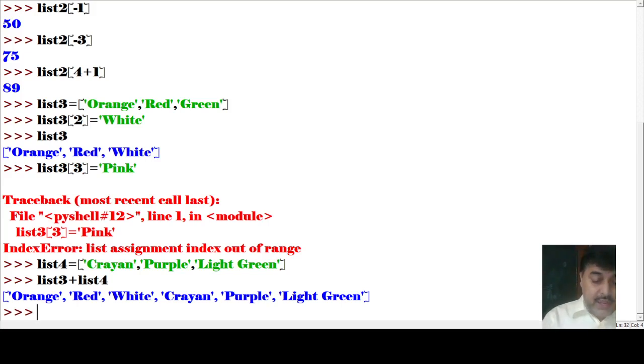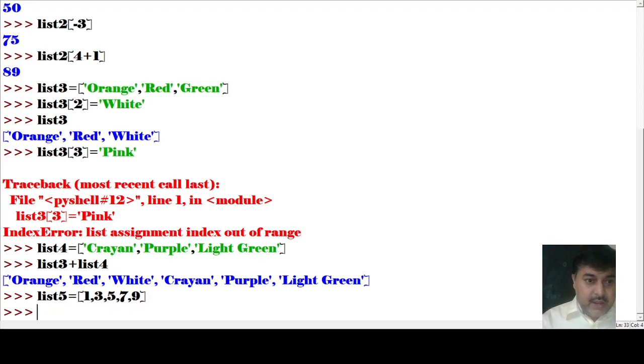Suppose I am making another list, list 5. List 5 equals to, suppose I am giving all odd numbers 1 3 5 7 9. Those are the values I have given, and now list 6 equals to, suppose I am giving all the even numbers 2, then 4, then 6, then 8, then 10.